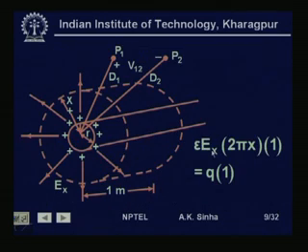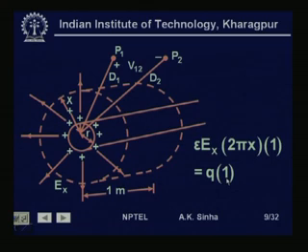So, epsilon E x, that is the field strength at this surface of this concentric cylinder, integrated over this closed surface area is going to be equal to twice pi x into 1 meter length of this cylinder. So, epsilon E x into twice pi x into 1 is equal to the charge enclosed, which is q into 1 meter length of the line,